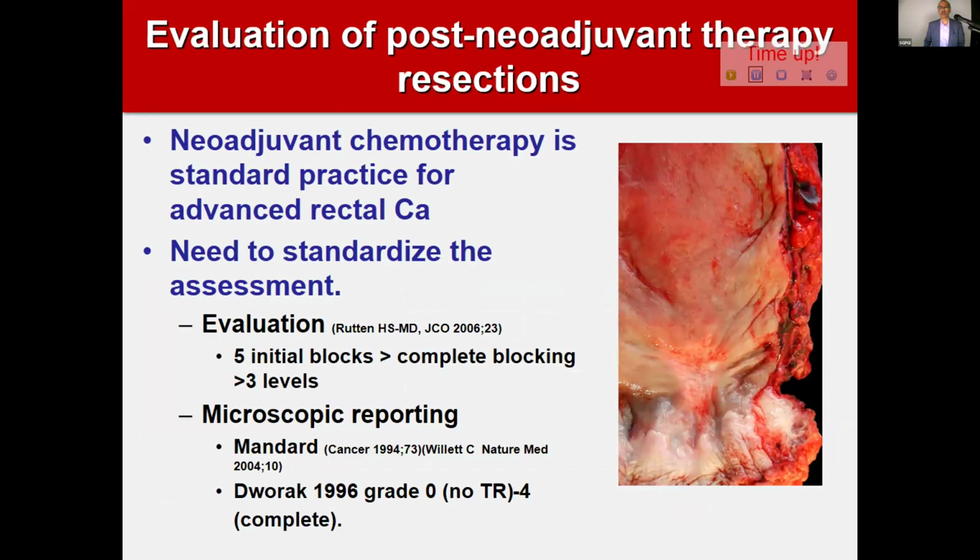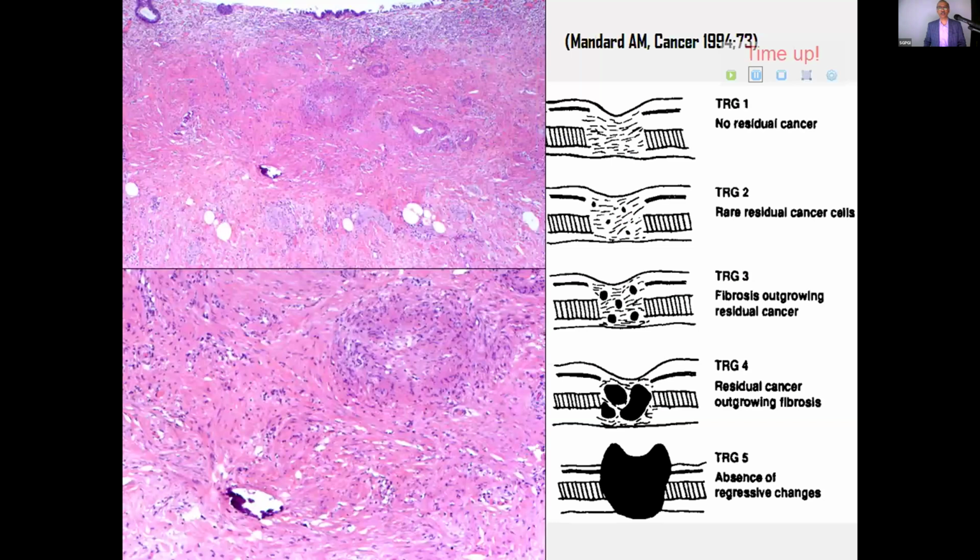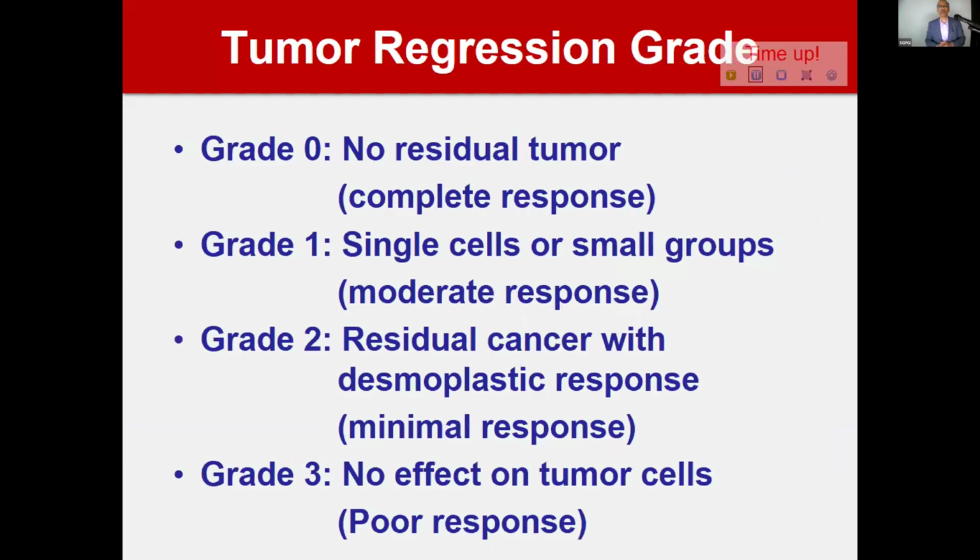Finally, post-neoadjuvant resections, we won't spend too much time. Often the tumor has shrunk, it regressed, so all that's left is a scar. You may not actually see much of the tumor, but essentially you have to block out that entire tumor site to make sure you're not missing tumor. There's many grading schemes for post-neoadjuvant specimens, depending on how much tumor is left. This was one of the first. What's used currently is the current CAP criteria, where you have grade 0 to grade 3,